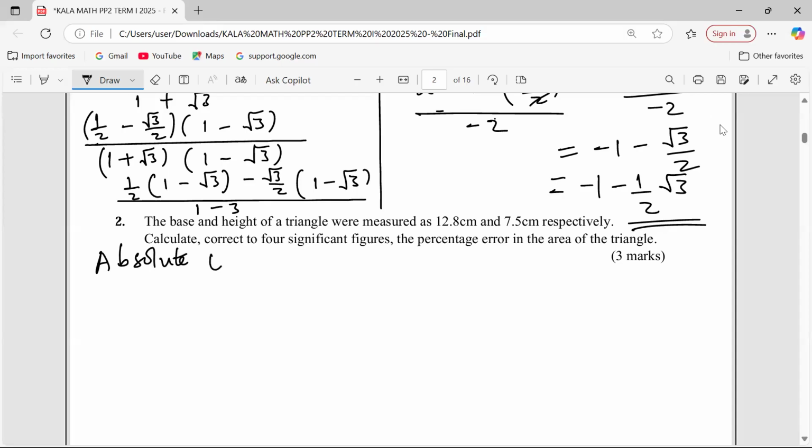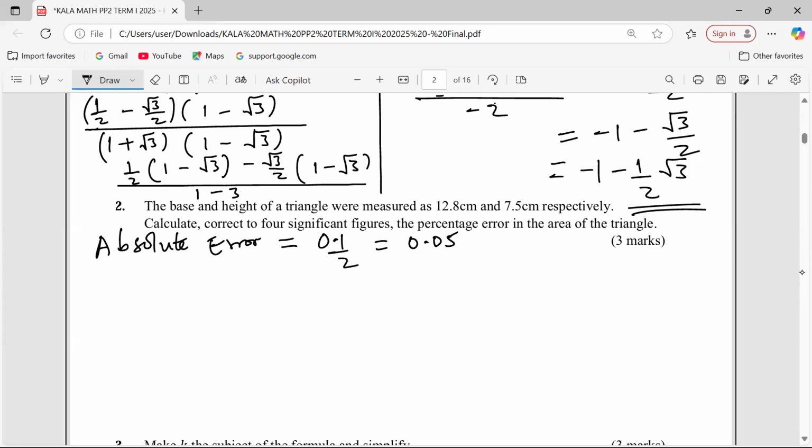Absolute error in the recording of the dimensions will be the accuracy over 2, which is 0.05 centimeters. So with that absolute error, we can get the limits within which the dimensions lie. If it's 12.8, we can either subtract or add to get both the lower and the upper limits respectively. So it shall lie between 12.75 and